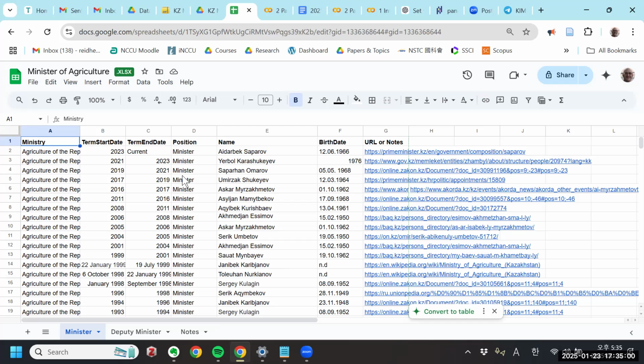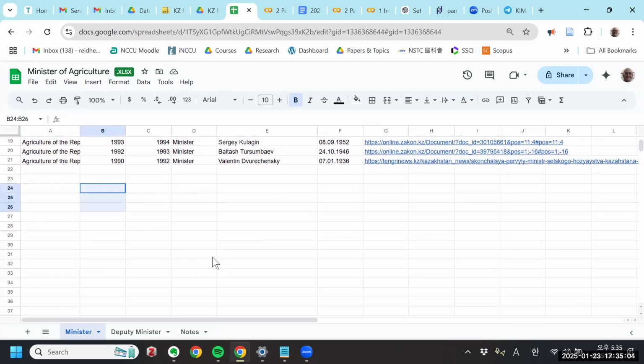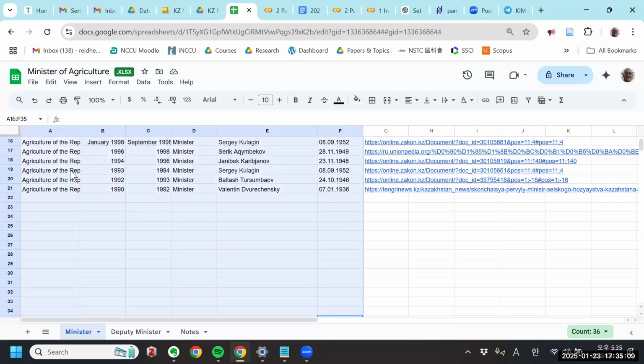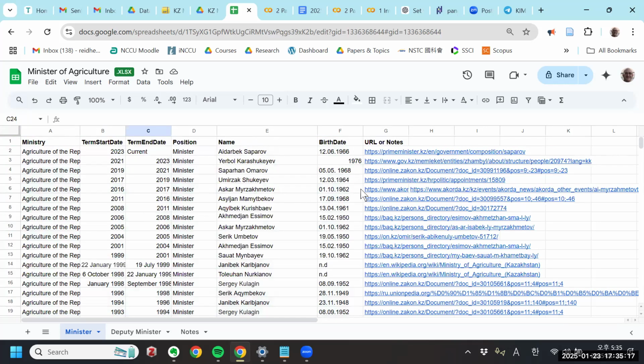Because any little thing, like if you have notes here, or sometimes people will put notes at the bottom over here, just kind of randomly on the file, they think it's like a Word document, right? That's going to add extra rows or extra columns that you don't actually need or want, right? So where's my